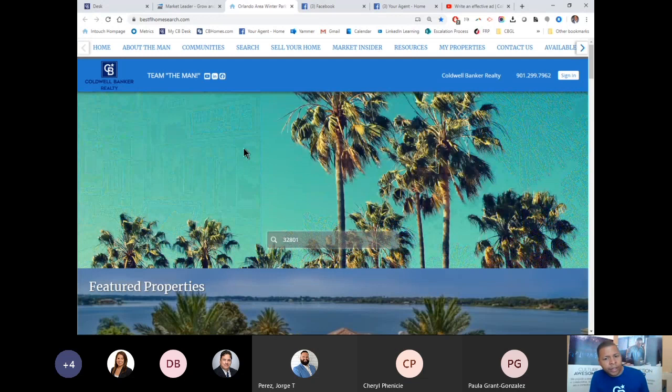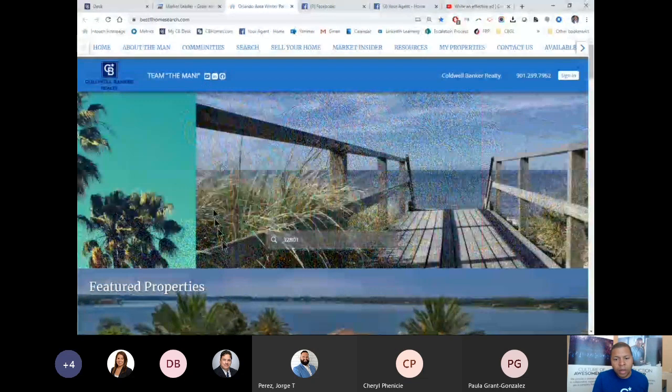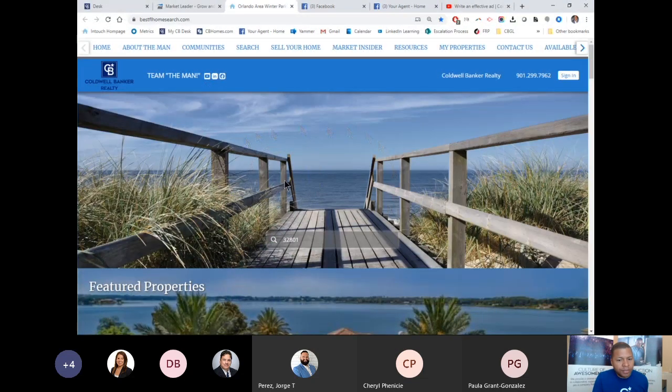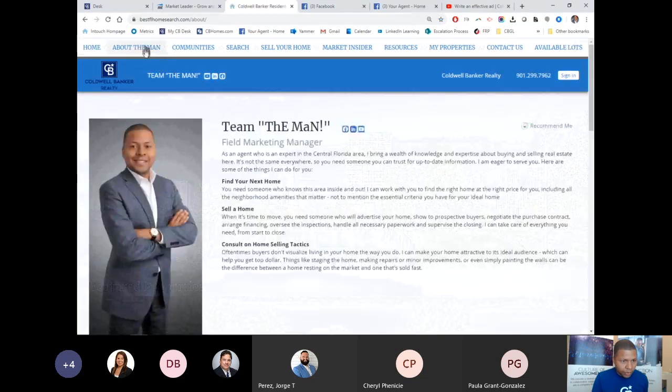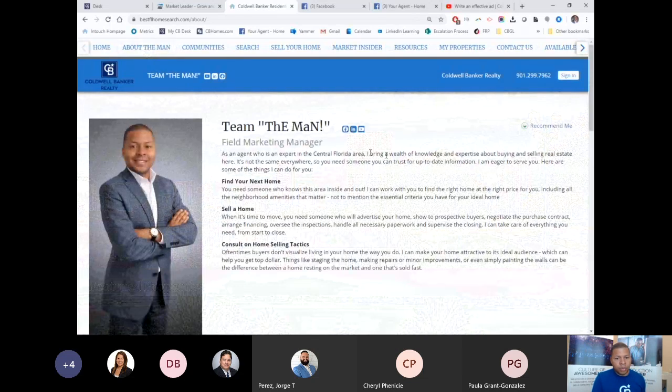Now, if you're doing a social media ad and you're trying to attract sellers, you probably do not want them to land on this page. This is not an effective page for a seller, okay? So you'll probably want them to land on your About page. So click on your About page, and this is why,